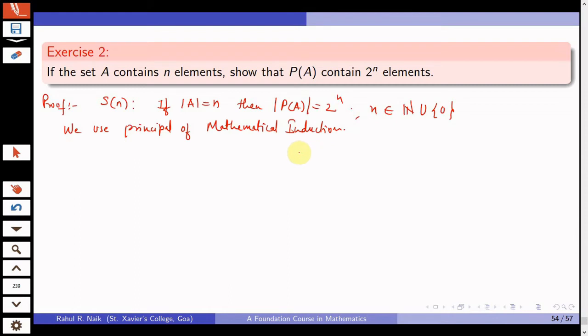The first step says that you have to prove the result true for the first element in the sequence. Here, n varies over the whole numbers, and the whole numbers start from 0. So, you have to show that the statement holds true for n equal to 0. In the second step, you assume that it is true for any whole number, and in the third step, with this assumption, we show that it is true for the next natural number. In this way, we are proving it for all natural numbers, because we are starting with 0.